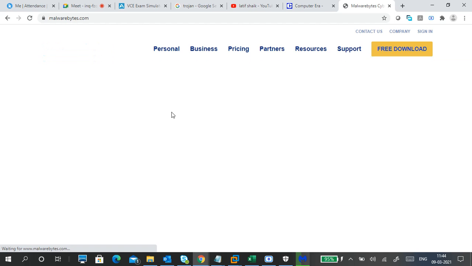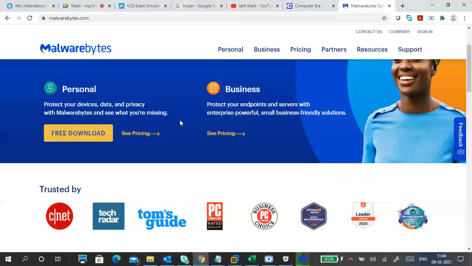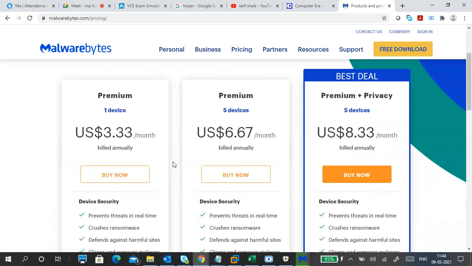Here you can download a free version, so you can try the free version first. Mainly when you can't install any application in your system, or your system is running very differently, then definitely you should use this Malwarebytes, compulsory.